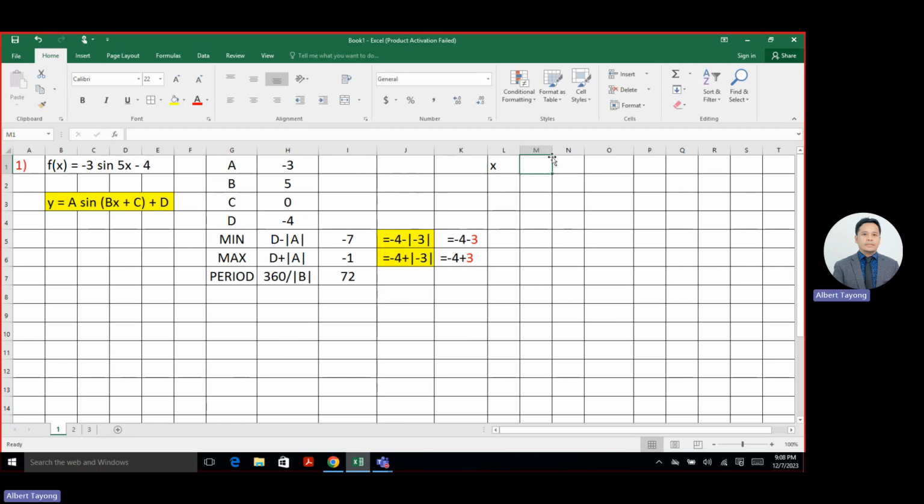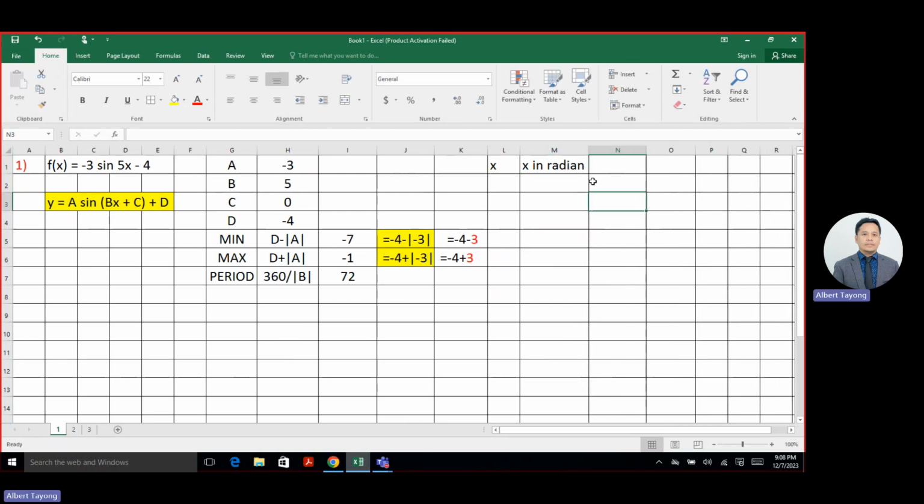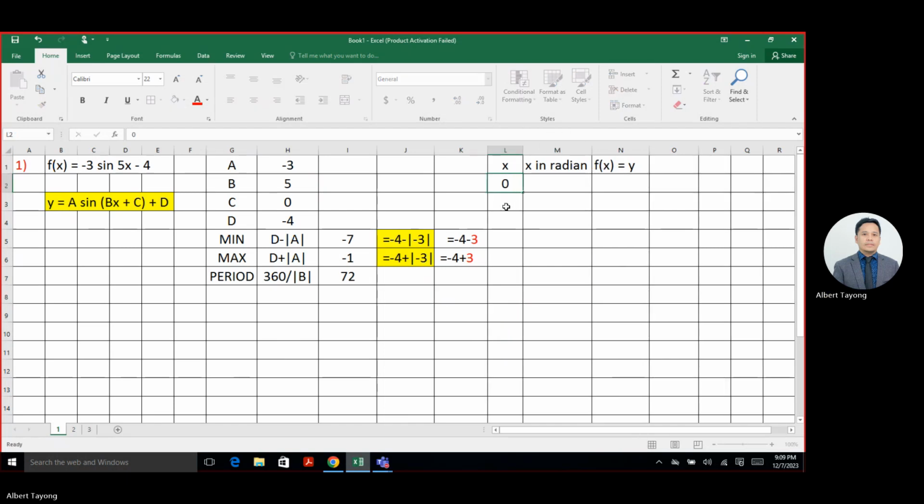We have the x, then we have x in radian, because Excel actually understands only radian. So we're going to convert all our degrees into radians. And here is our y, that is our f of x. Okay, so we can start with 0, and then the next one is 72